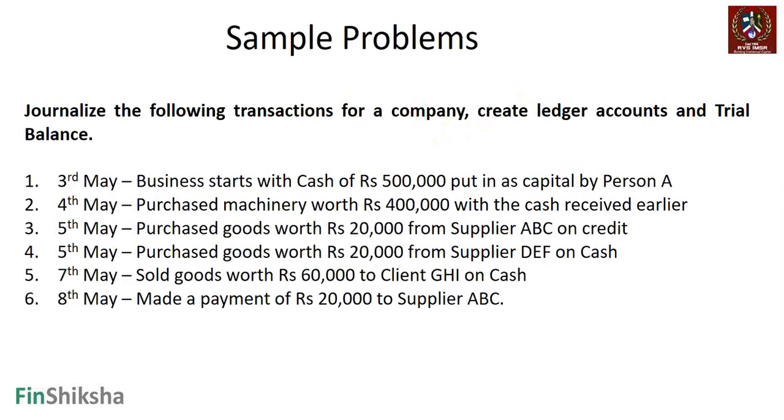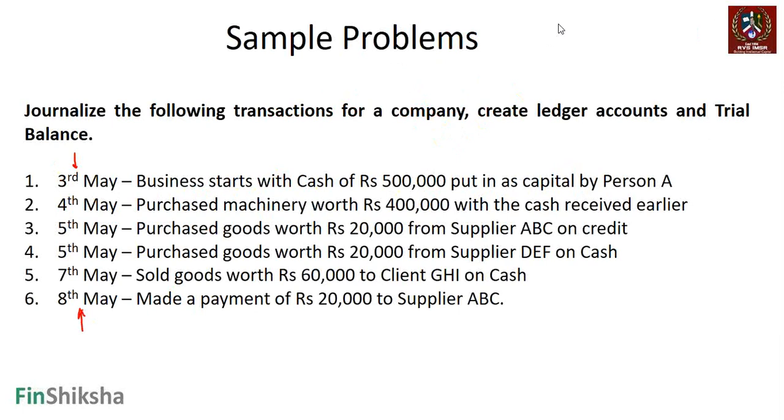Let's say we have to journalize the following transactions for a company, create ledger accounts, and the trial balance, right? Because journals are created in chronological order, we have a set of 6 transactions starting 3rd of May going on till 8th of May, any particular year. The transactions involve a series of works as the company goes towards building its business. So the company starts the business with cash of rupees 5 lakh put in as capital by a person